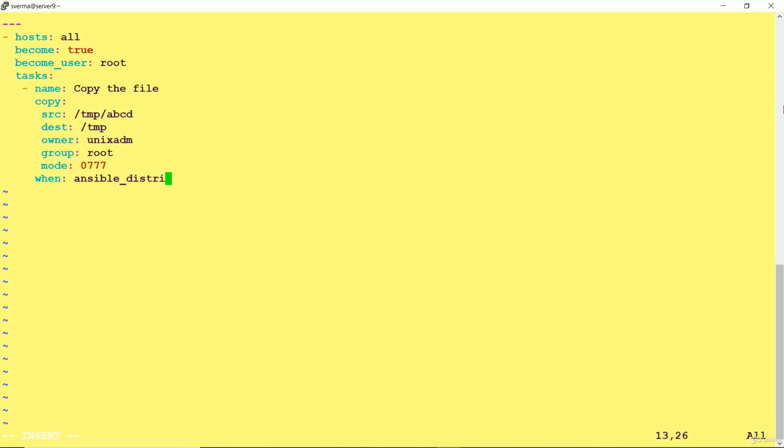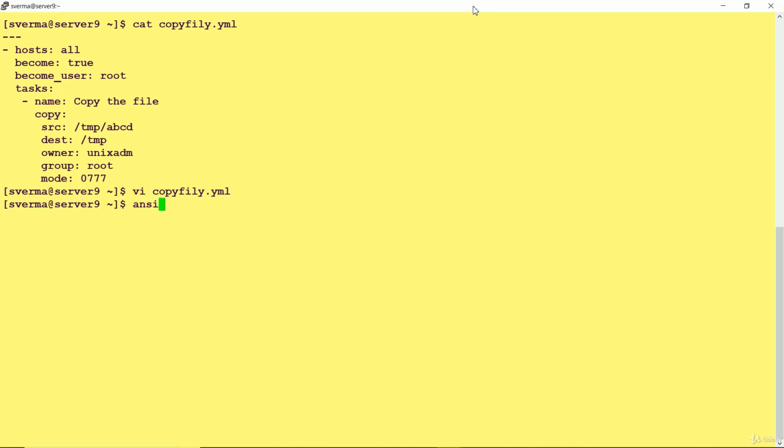So ansible_distribution, Red Hat. And I'm going to change this file because this file is already created. So I'm going to create another file. Okay, and let me check what versions we have. ansible -m